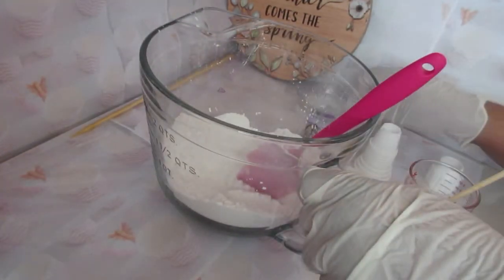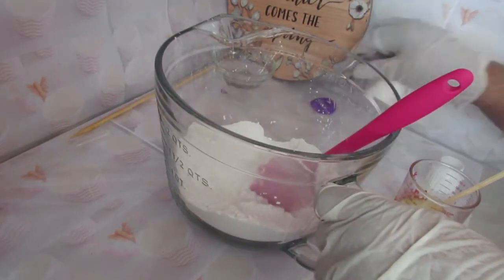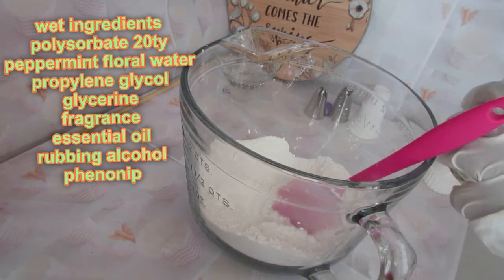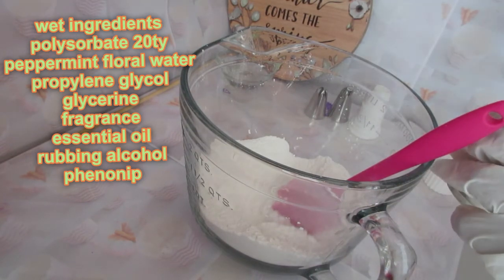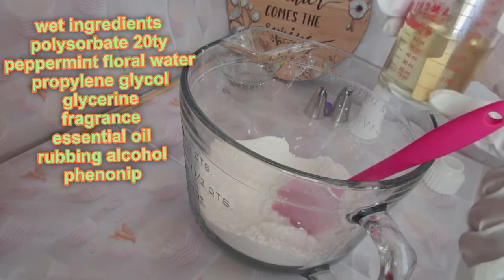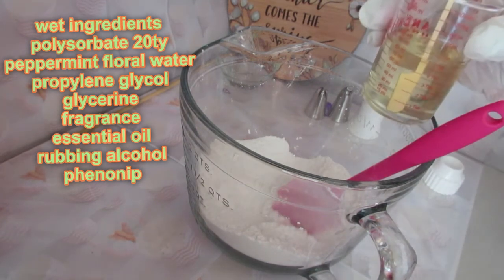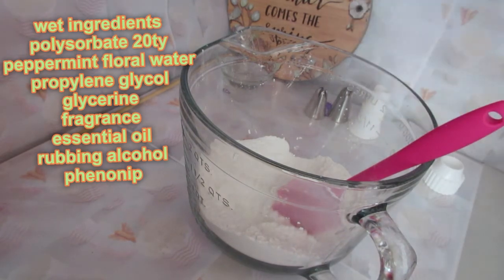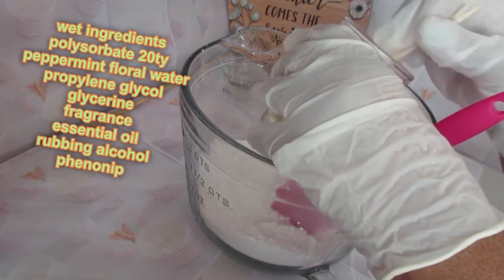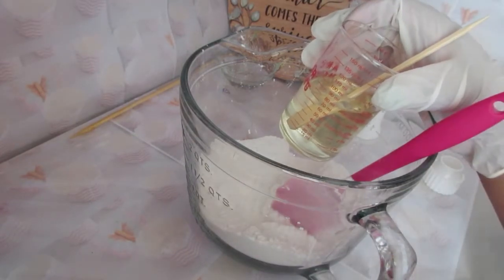Okay, so I have my liquids in here. I have fragrance in here. I did put about 8 drops of lemongrass in here, and oh my, it gives it such a nice kick. There's lavender fragrance in here, peppermint fragrance in here,